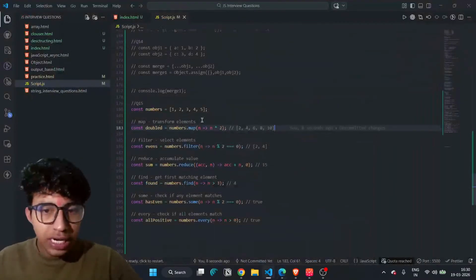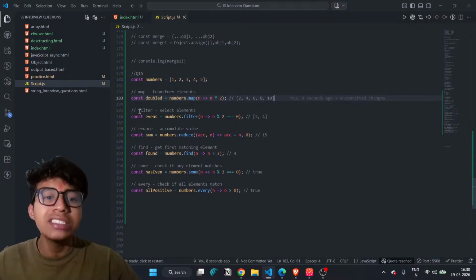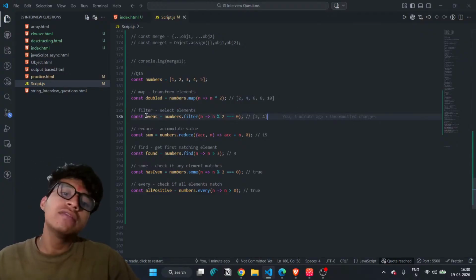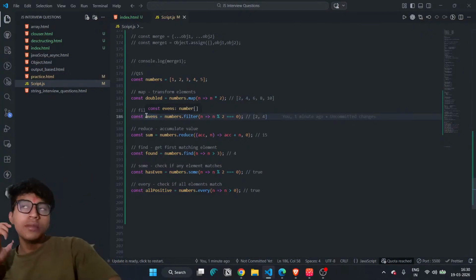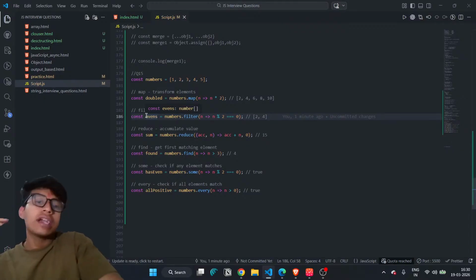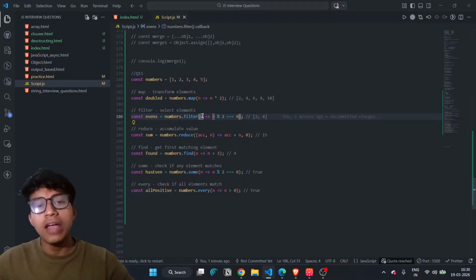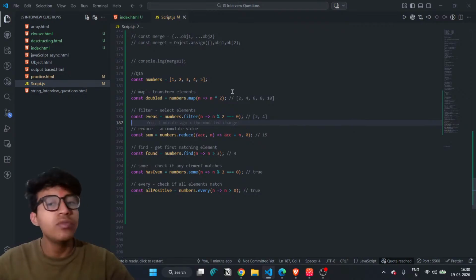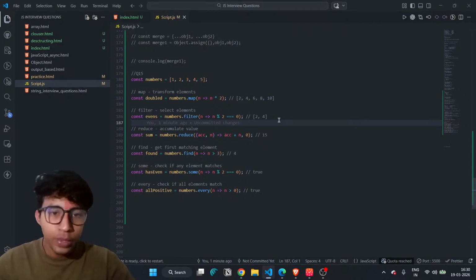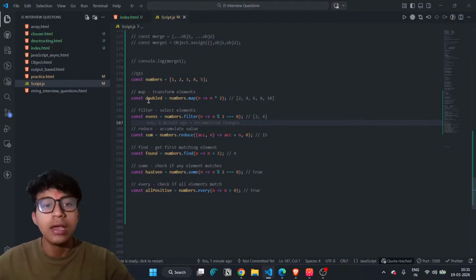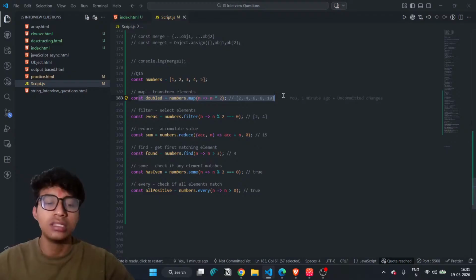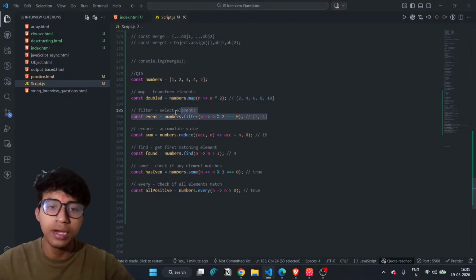Okay, and now moving on, this is the map function. And now what is filter? Filter is just used to filter the elements of an array, where it will only print those values that satisfy a condition. In this program, we have created a function where, if the number is divisible by 2 and the remainder is equal to 0, then it passes the filter, otherwise not. Double will be created and it does not change the existing array, it works on a new array. And these are evens, they will simply print the even numbers.